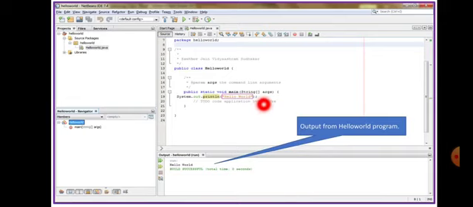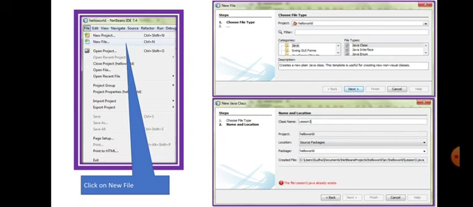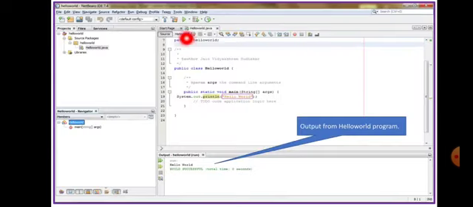After you do that, you can execute the command. You can press this play button, or else you can make use of the command shift and then press F6. When you press shift and F6, you will see the output given below.